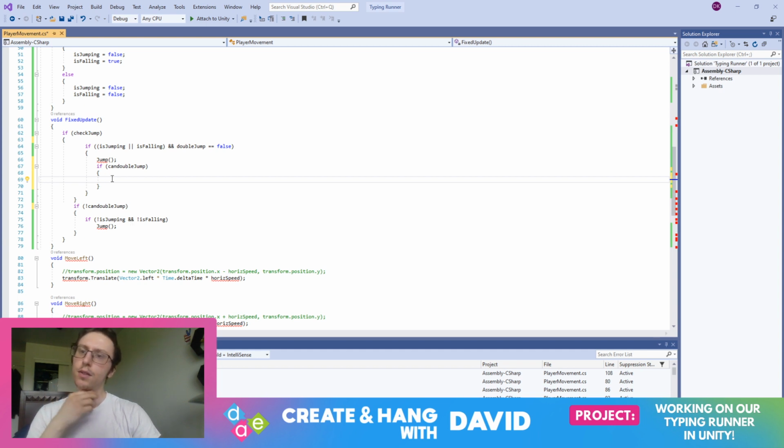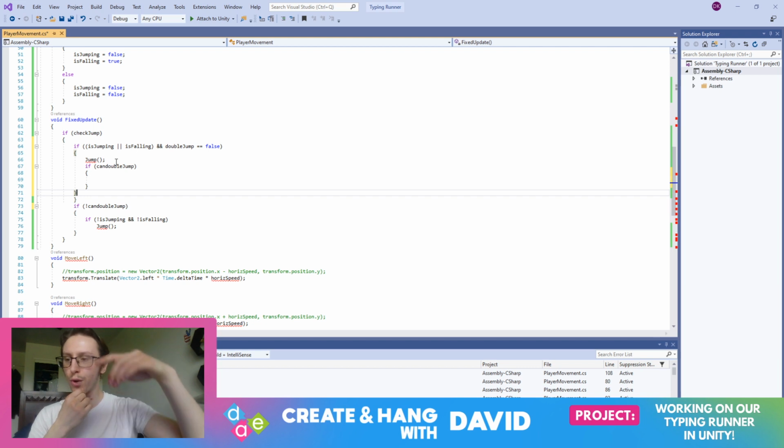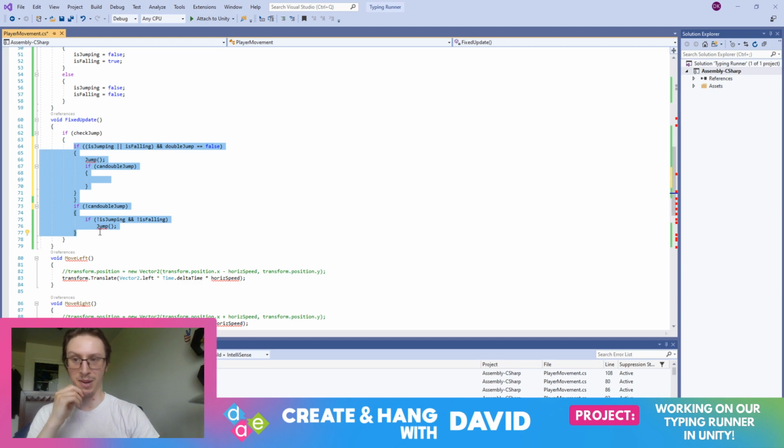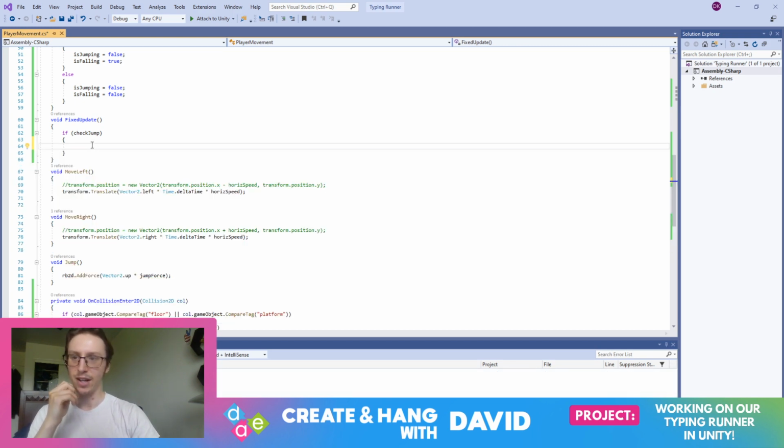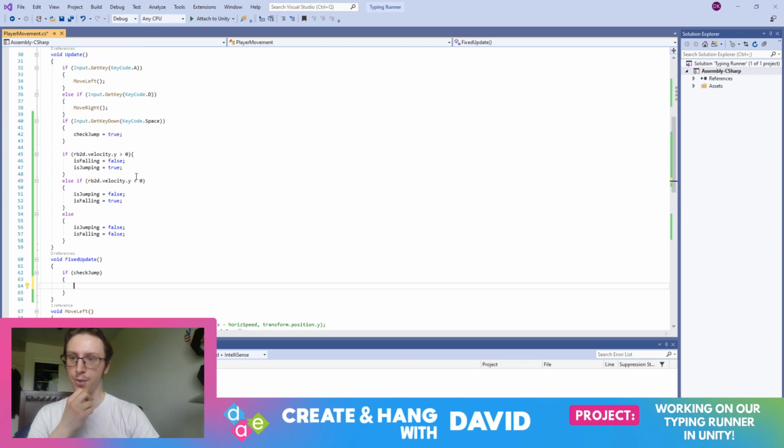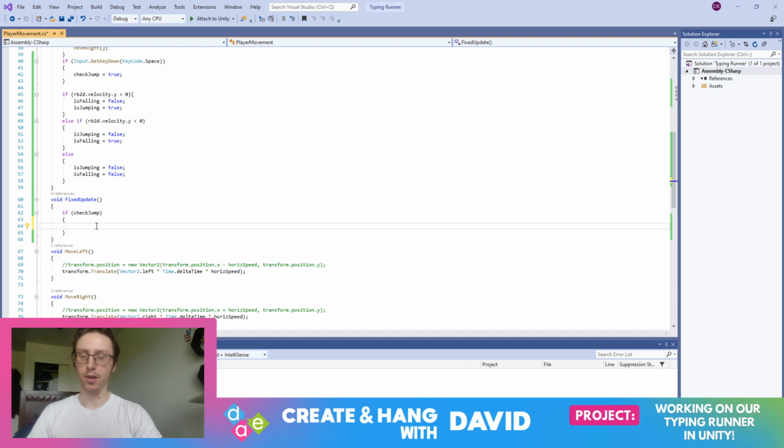Okay. So if we are jumping or falling and double jump is false, if we're already jumping or falling, then... no, hang on. Yeah. So I'm going to get rid of all of this. If check jump, so check jump is only set to true if we press the spacebar. So once we've pressed the spacebar,